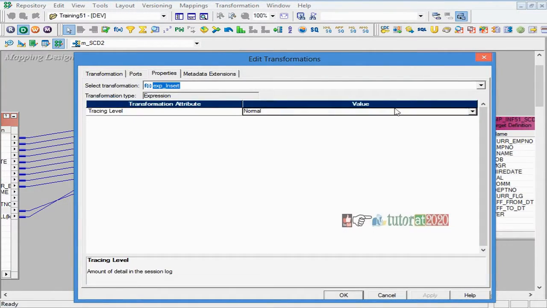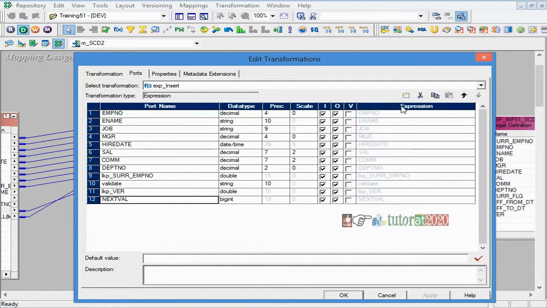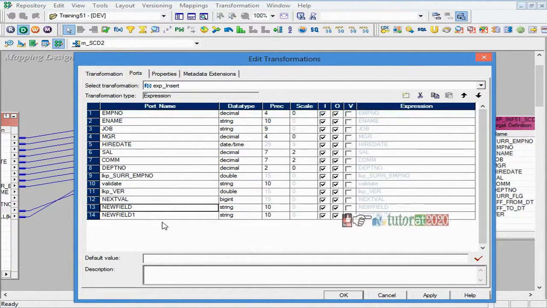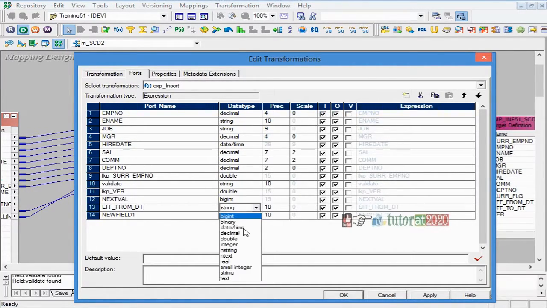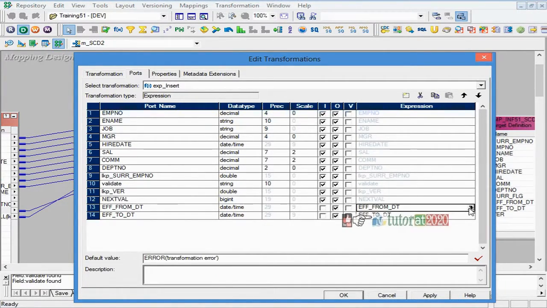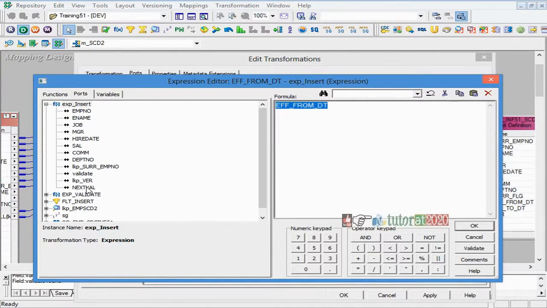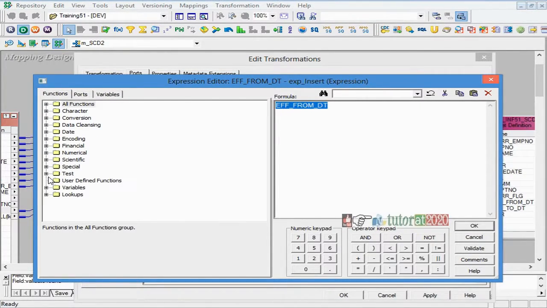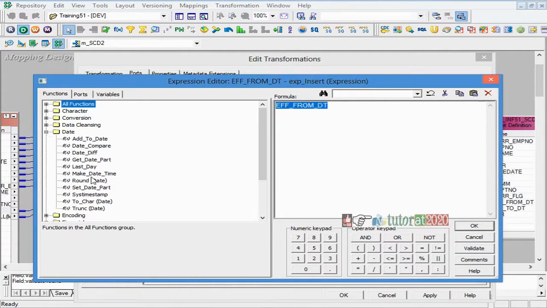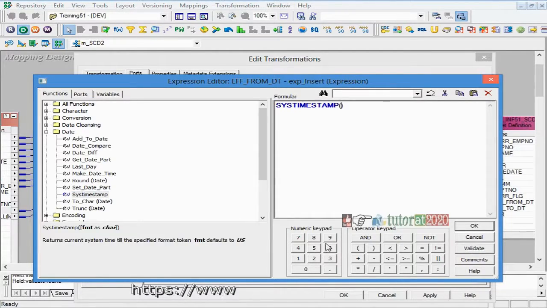Apart from this, I need two extra columns: effective from date, and effective to date.